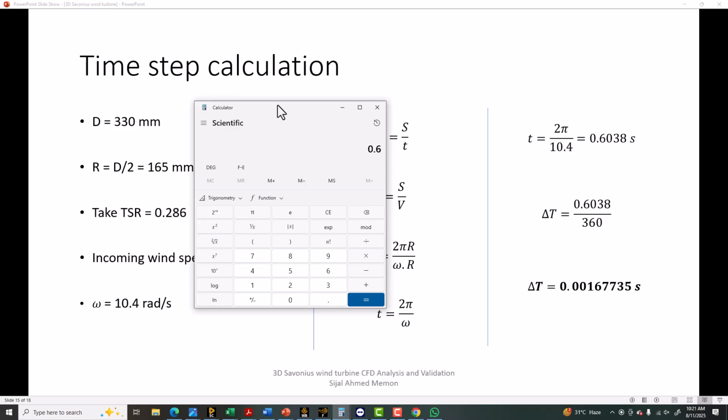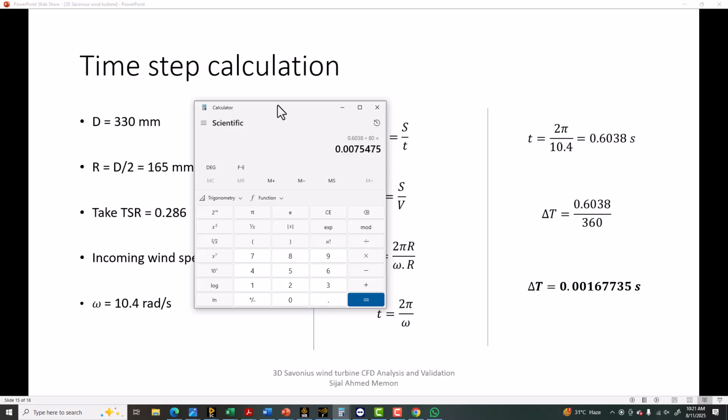So we can also reverse engineer that. From the total time, I can divide by 4.5. 4.5 means 360 divided by 4.5, which will be 80 steps. So 0.6038 divided by 80 is 0.007. So it looks like they are using 80 time steps, or 80 advancements, in one